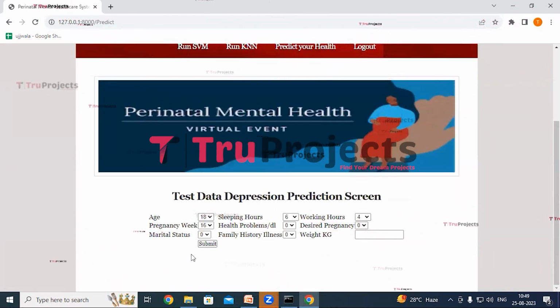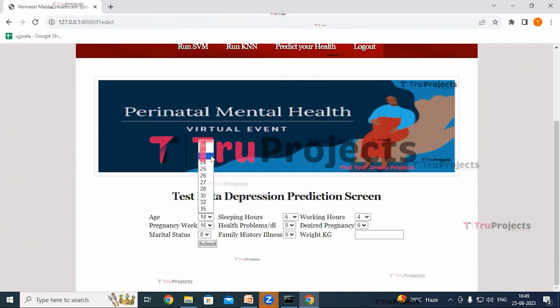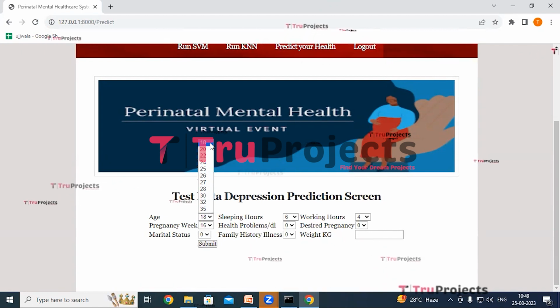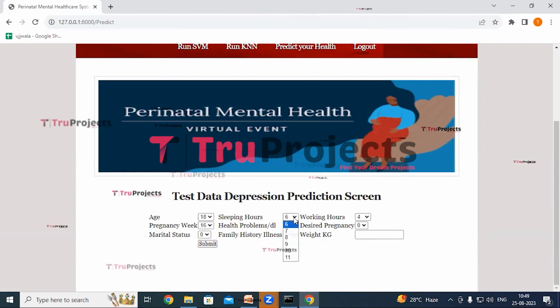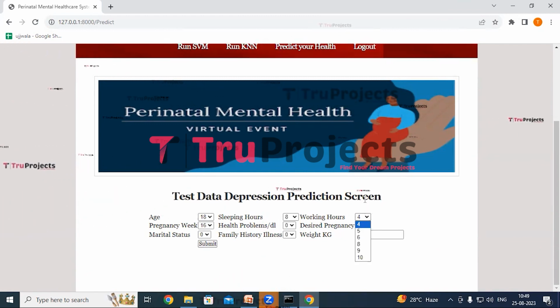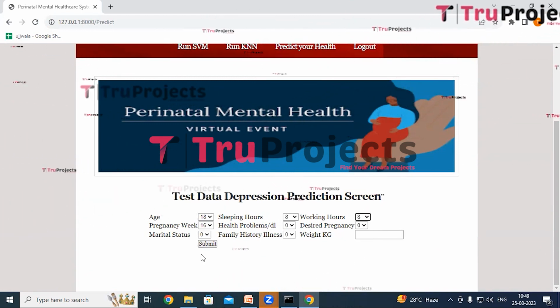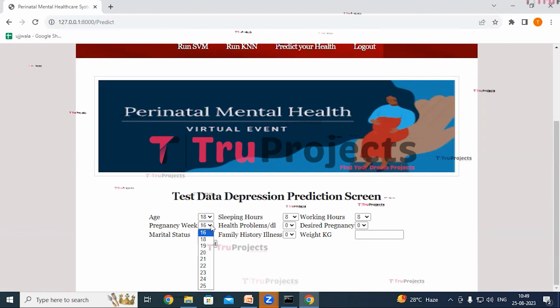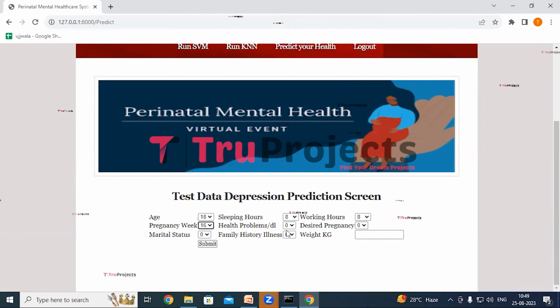So here we have to fill in all these details. So select from these drop downs. The age is 18. Sleeping hours are 8. Give the working hours. I'm giving it as 8. Give the pregnancy week. I'm giving it as 16.